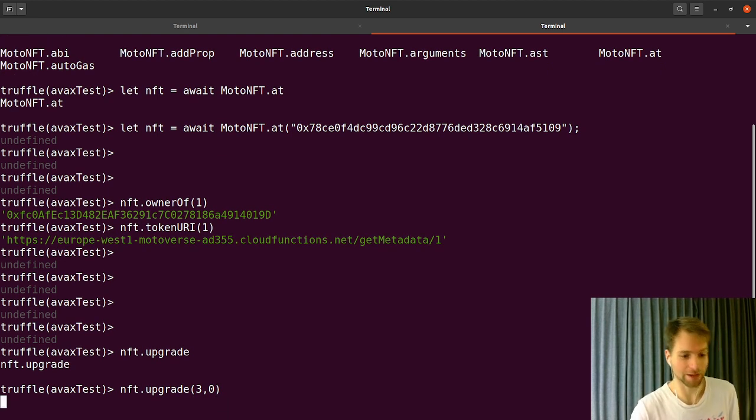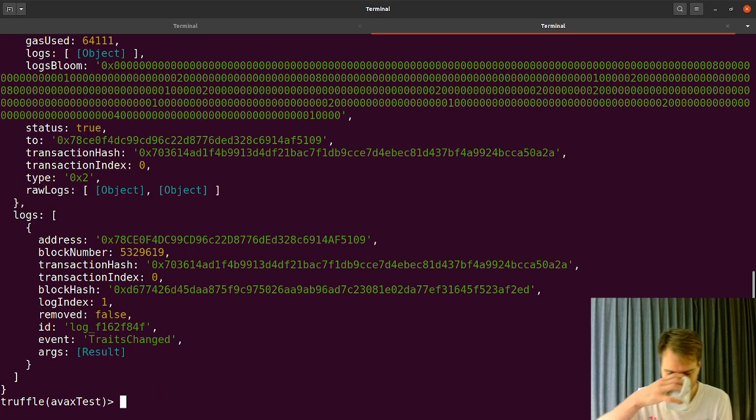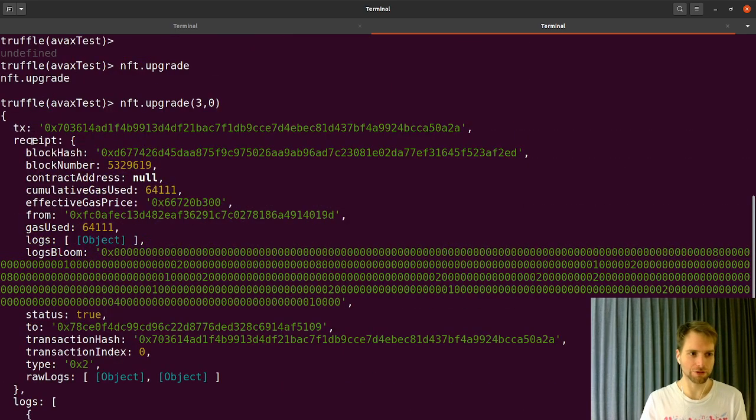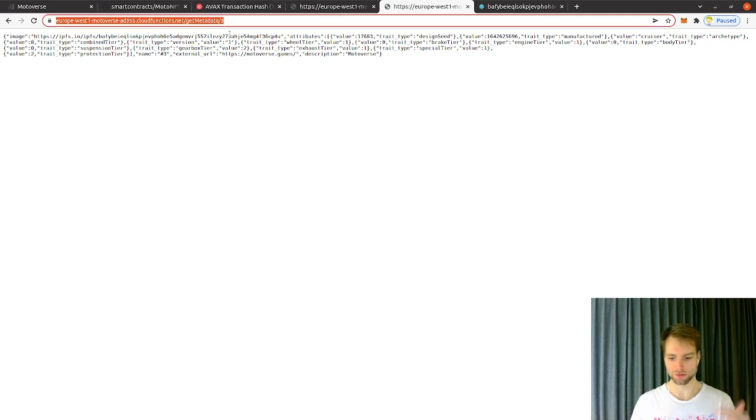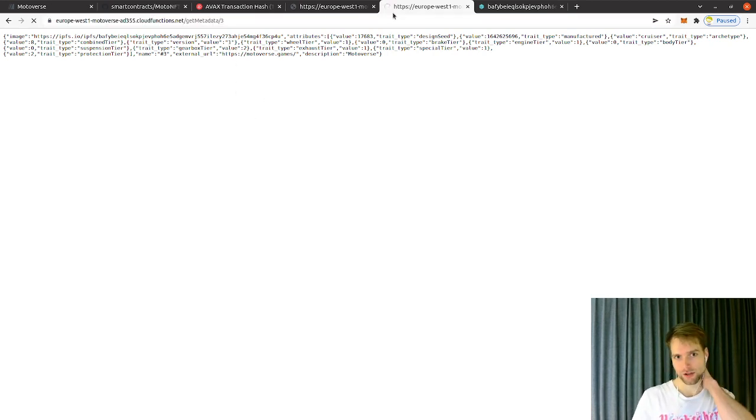And if we're really happy, this will go through. Well, lucky, I guess. Cool. So you got a transaction receipt, which you get on a successful transaction. And now it's when the magic happens. So this is the same URL that you would go to every time you want to fetch metadata about this bike. But now if we refresh, you can notice that this is taking significantly longer than it did before.